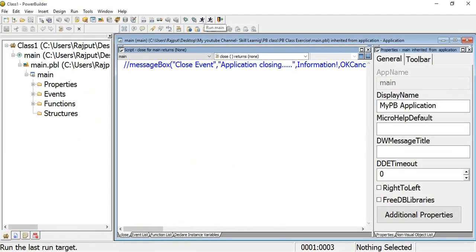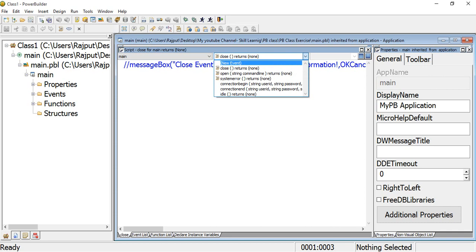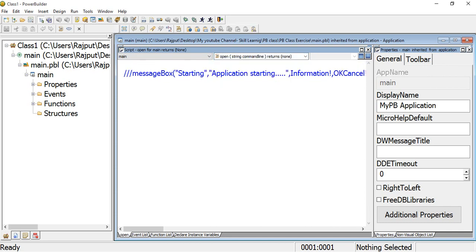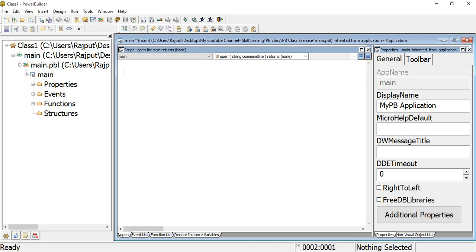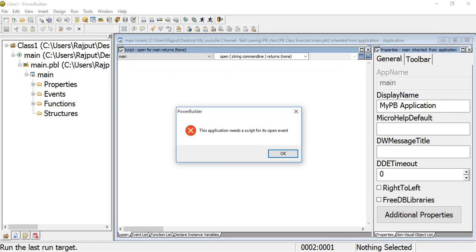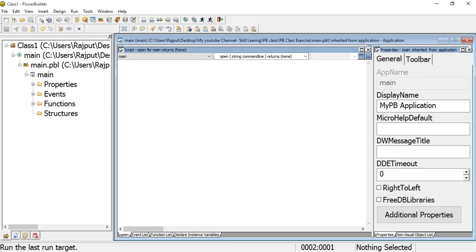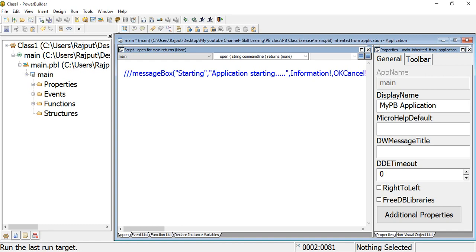Nothing is happening, it just goes and closes, because I have nothing written in the script. The application needs a script for its open event. I wrote some script, but it is commented.